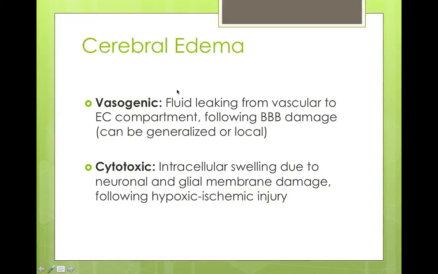So now, there are two types of edema, as you see. There's a vasogenic edema and the cytotoxic edema. The vasogenic edema, the word tells you kinda, it's blood vessels, genic, generating edema. So it's because of the blood vessels. What happens is there's a fluid leaking from the vascular space to the extracellular compartment. So usually it's because of the blood-brain barrier damage, when the blood-brain barrier cannot hold the liquid in the fluid